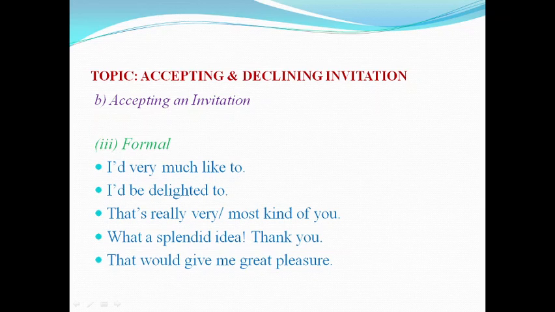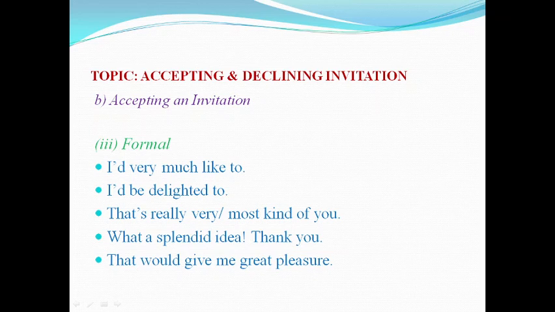What a splendid idea, your invitation to me. Thank you. What a splendid idea. Thank you very much. That would give me great pleasure. Your invitation for your birthday party, or for any other purpose, that would give me great pleasure. These are five different expressions of the formal way of accepting an invitation given by our friends